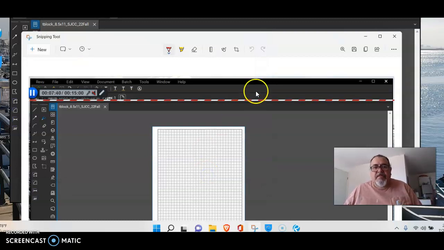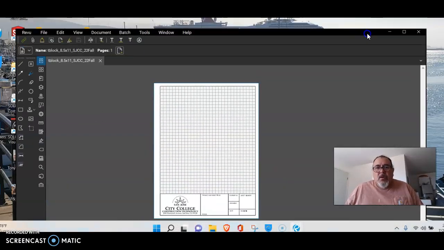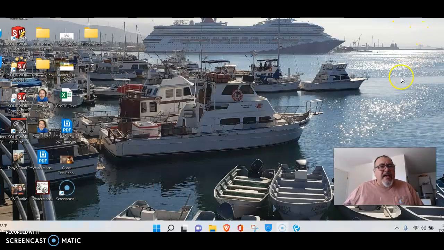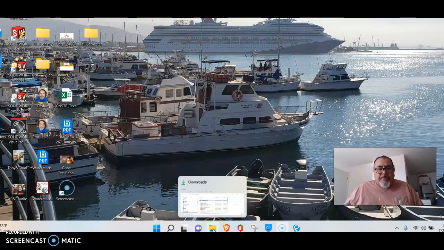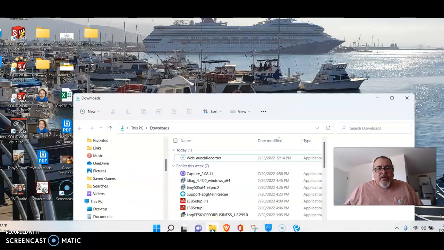Okay, so now it just saved the folder. The snippet tool is still open. I can close it now, make it go away. We're looking at Bluebeam. We're done with Bluebeam. We've taken our screenshot, so I'm going to go ahead and close it. It may ask me to save any changes. And so now I'm going to go find that folder, right? There's the fall semester folder that I created, but I'm going to go into it through the File Explorer.